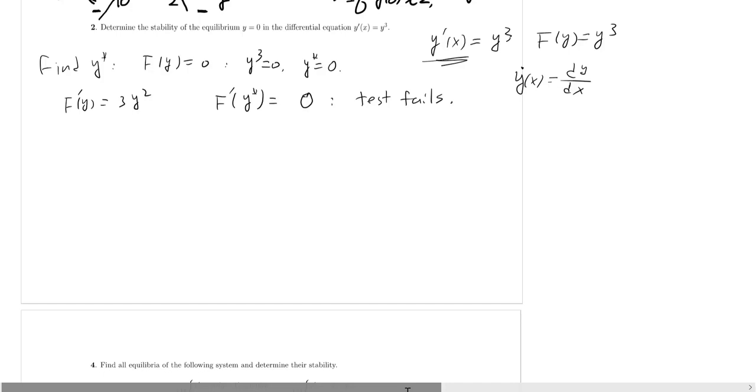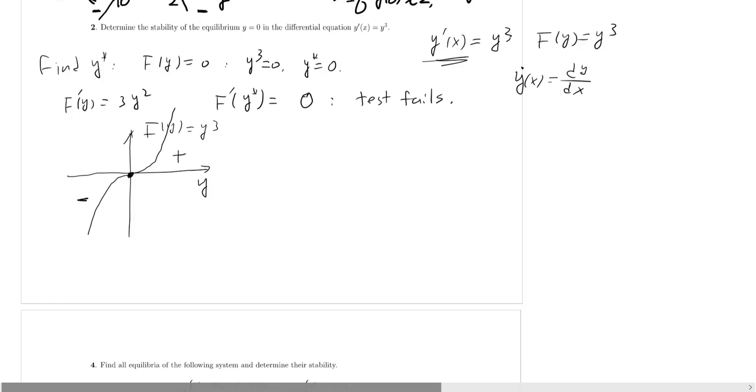Let's look at what's going to happen if we draw the diagram of this function. So this is capital F of y, and it's y cubed, right? And we have something like this. And again, this intersection with y-axis means you have equilibrium. This is equilibrium. And then we say, look, the value of the derivative over here is negative, and here derivative